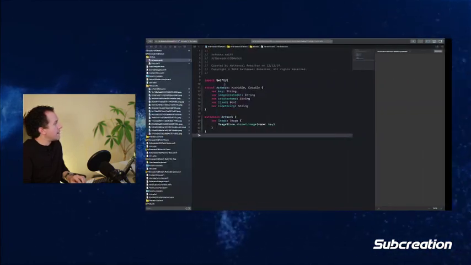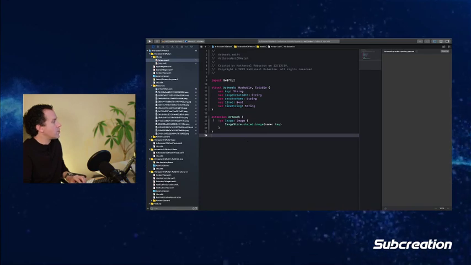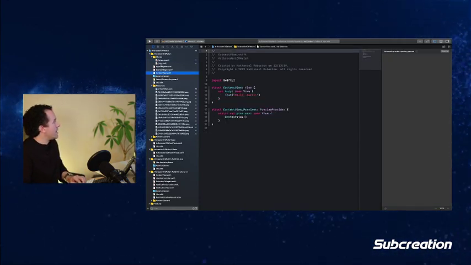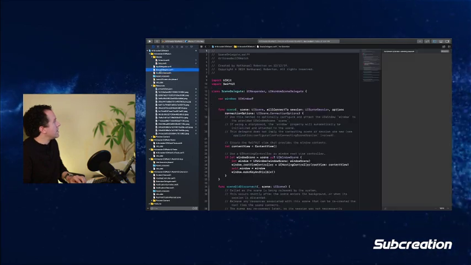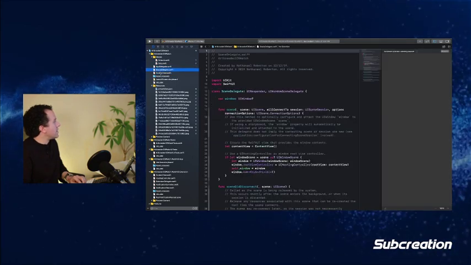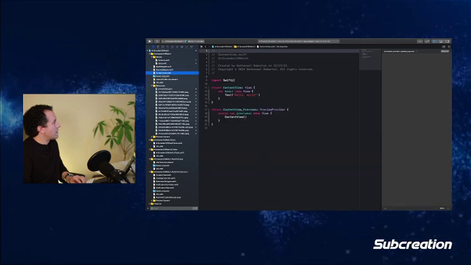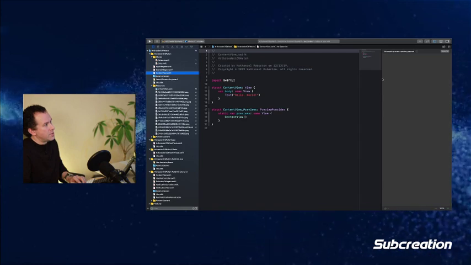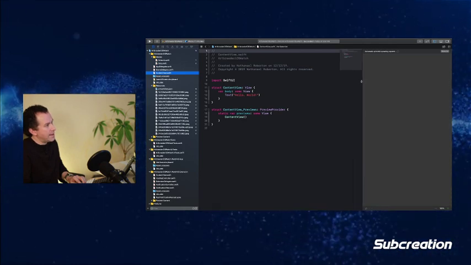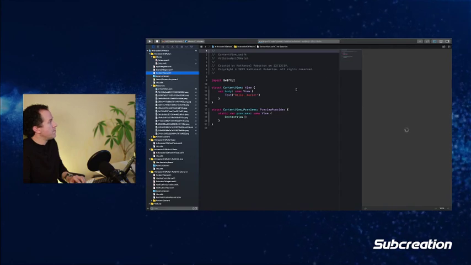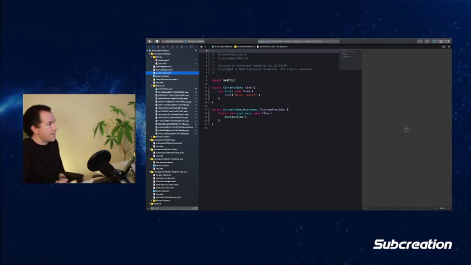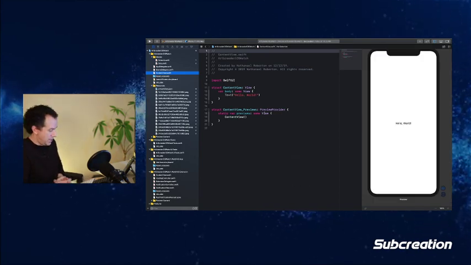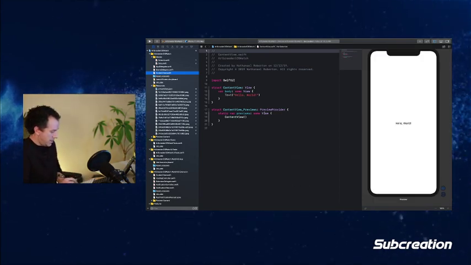Not sure, but I think we don't have any errors, so we may be good. I think I might be ready to go ahead into the content view. Yeah, content view. That's good. I'm going to go ahead and build it and see if we get any errors. Choose resume. And if this works, I should probably go ahead and commit changes, which I think happens by